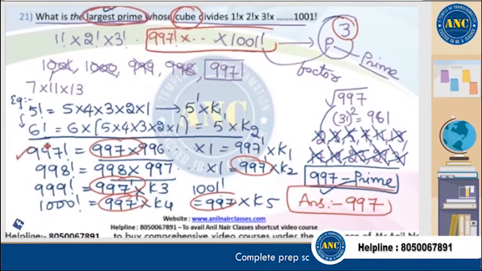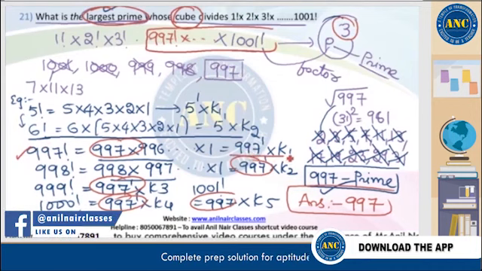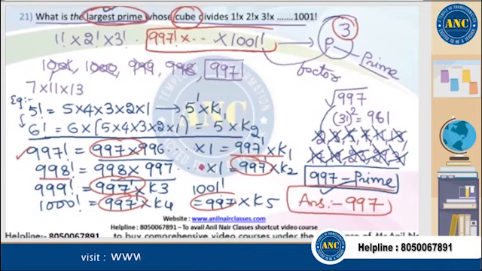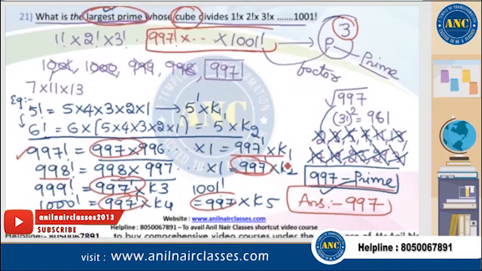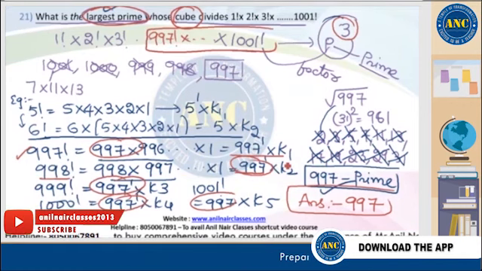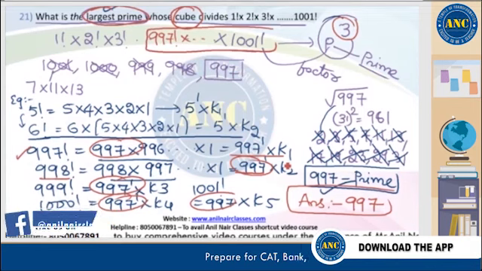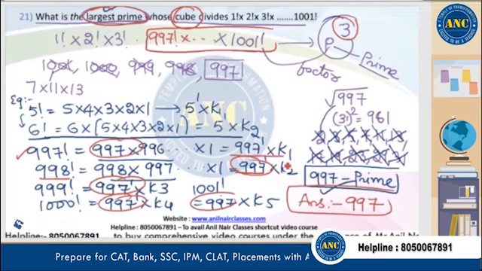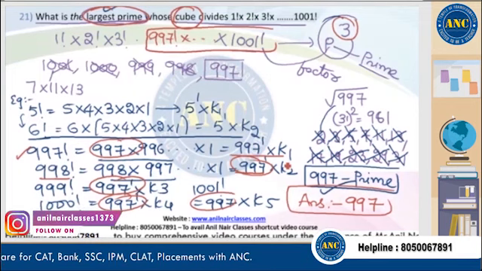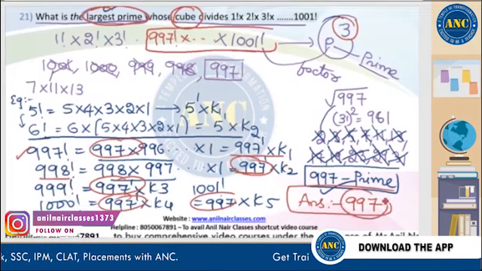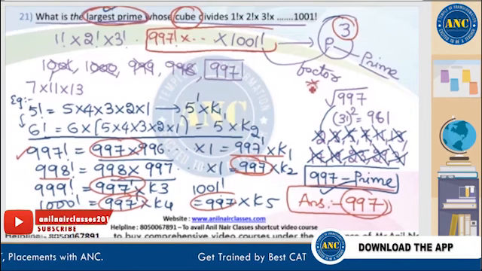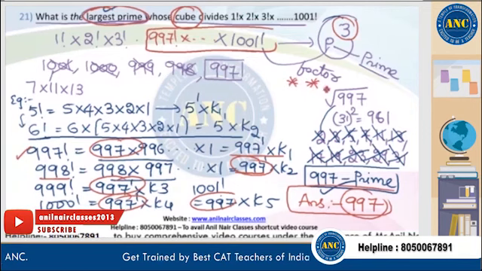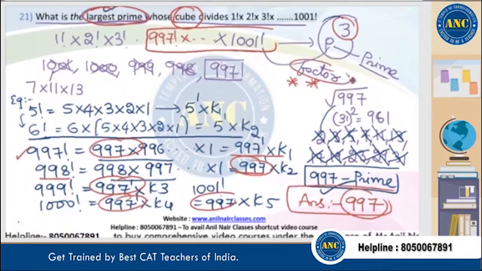In 997 factorial there is 1 power of 997. In 998 there is 1 power. All are getting multiplied, 997 into 998 into 999. So 997 multiplied 5 times, I will get 997 power 5. But I want power 3. So answer is 997. We have checked whether 997 is prime or composite depending upon yesterday's